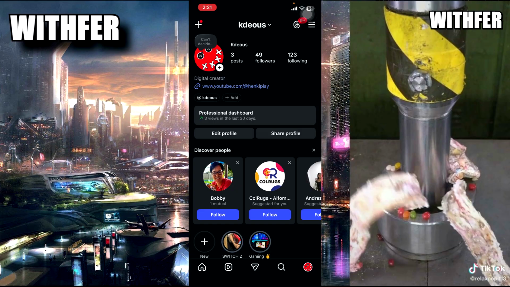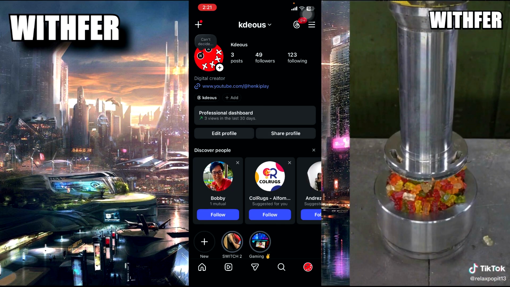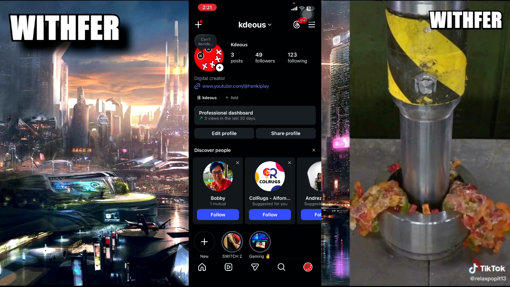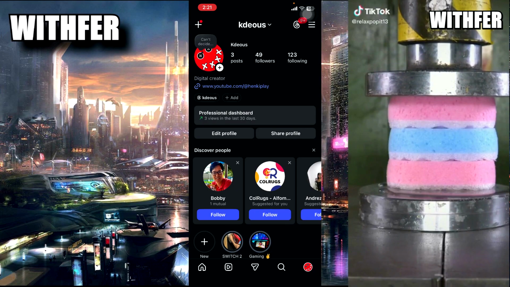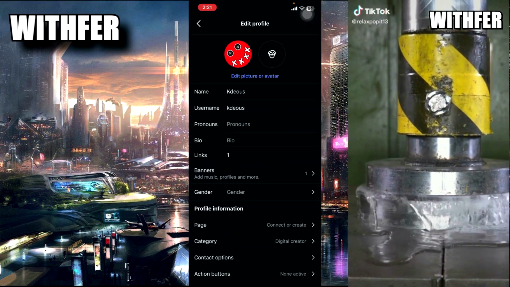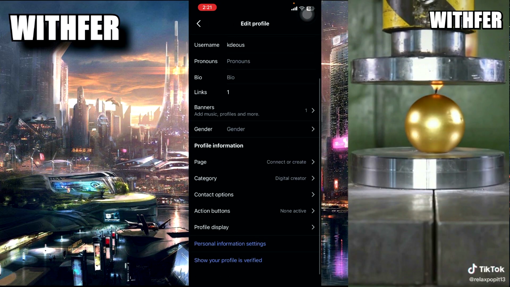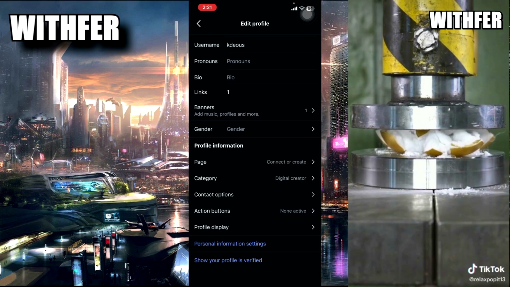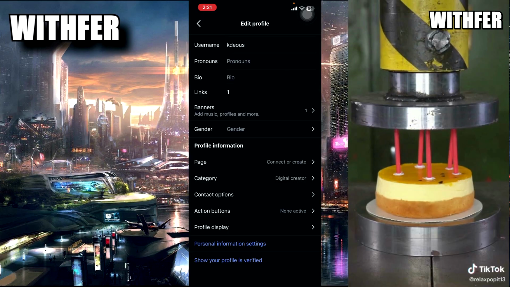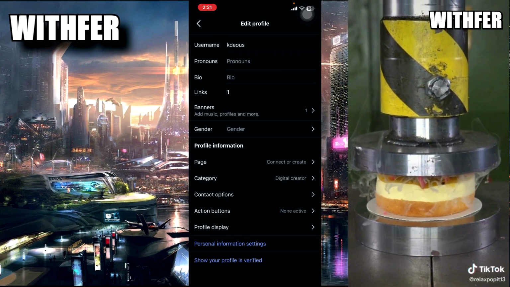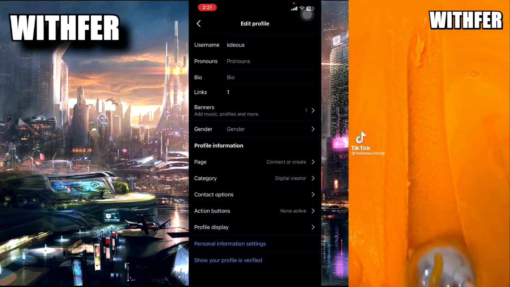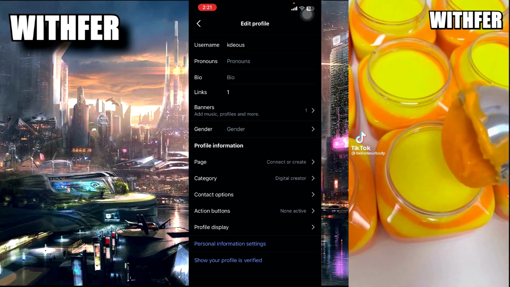Now when you are here, you need to have your professional profile, okay? Something like that, professional dashboard. If you don't have this, you need to change your profile. Example, touch edit profile, and here, okay, when you see a sentence in blue, can you see now, you have here one option more, okay? Change to professional profile, something like that.